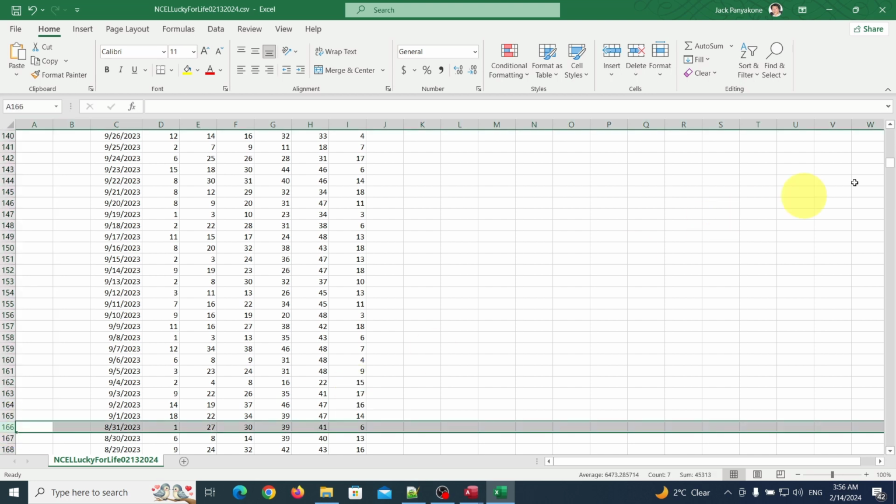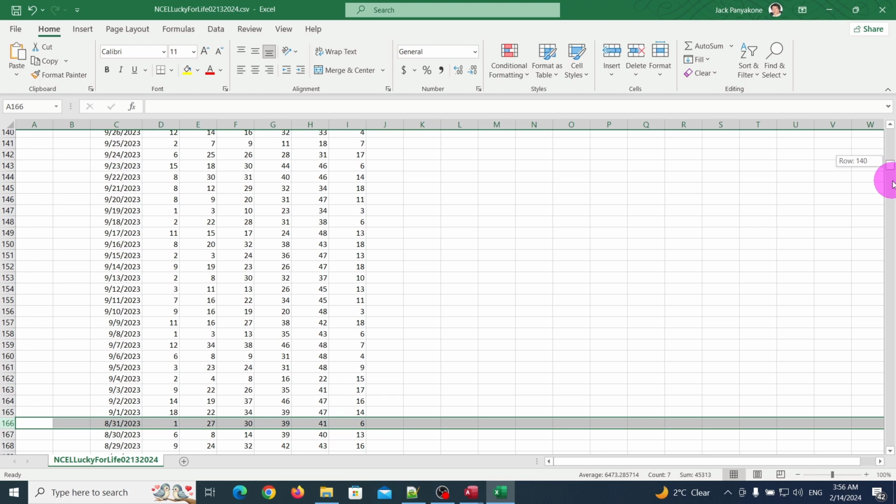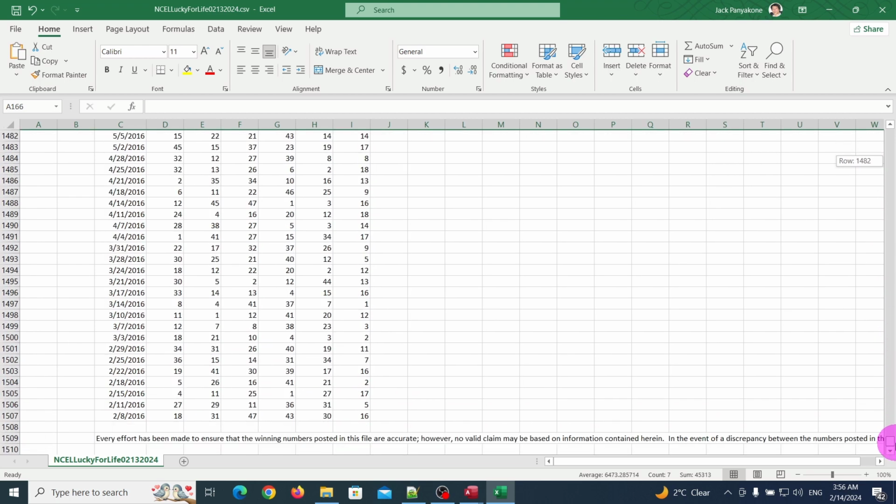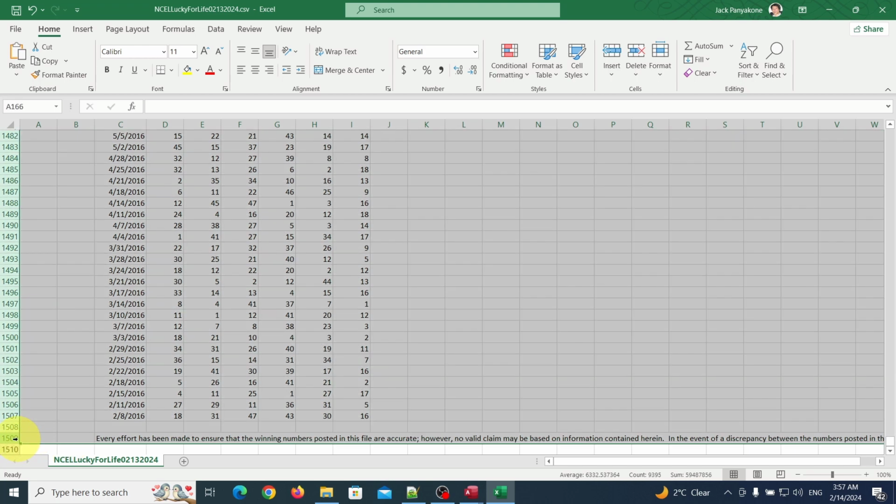That's what we need to do, and I'm gonna move all the way down. It's got a whole bunch of these guys right here, and we don't want that. All right, and these are the stuff that was in there with it when I downloaded from the website. So I'm gonna take that and delete